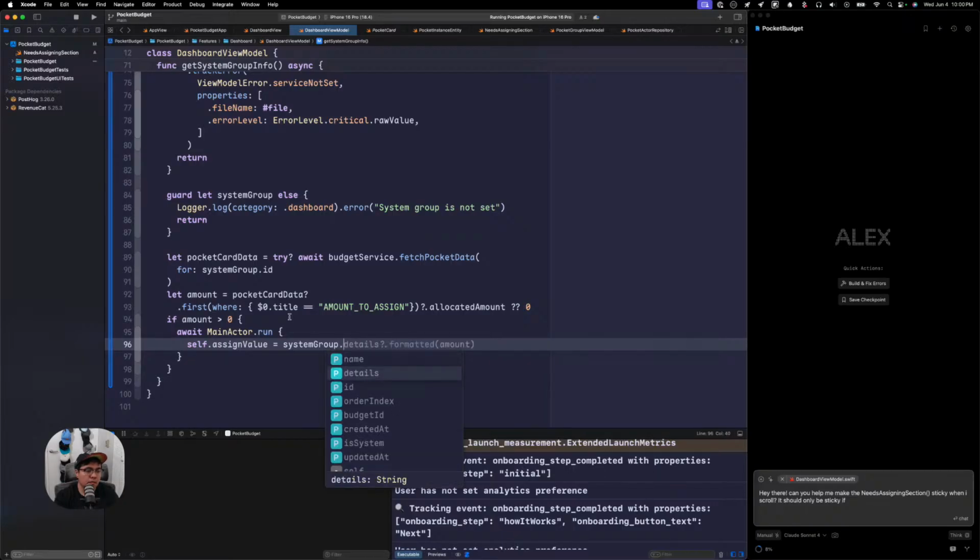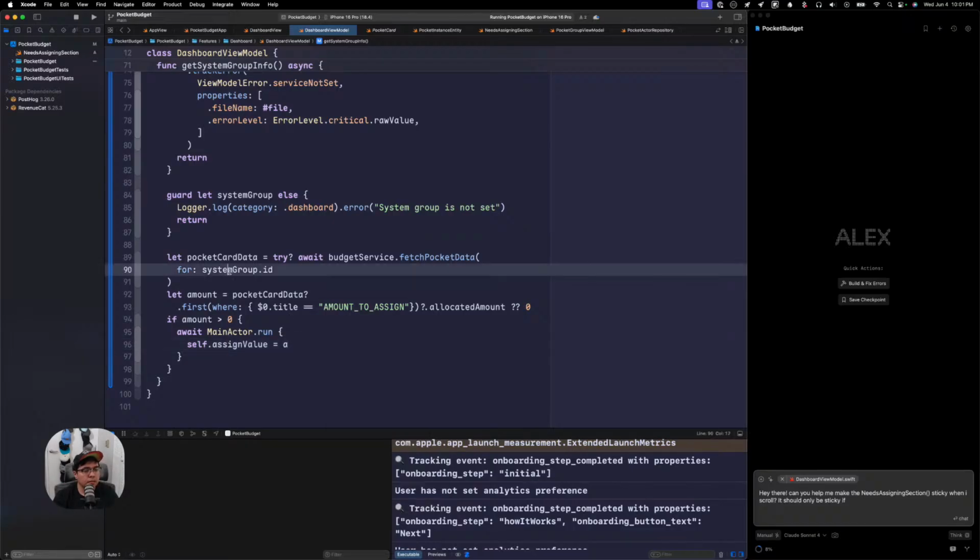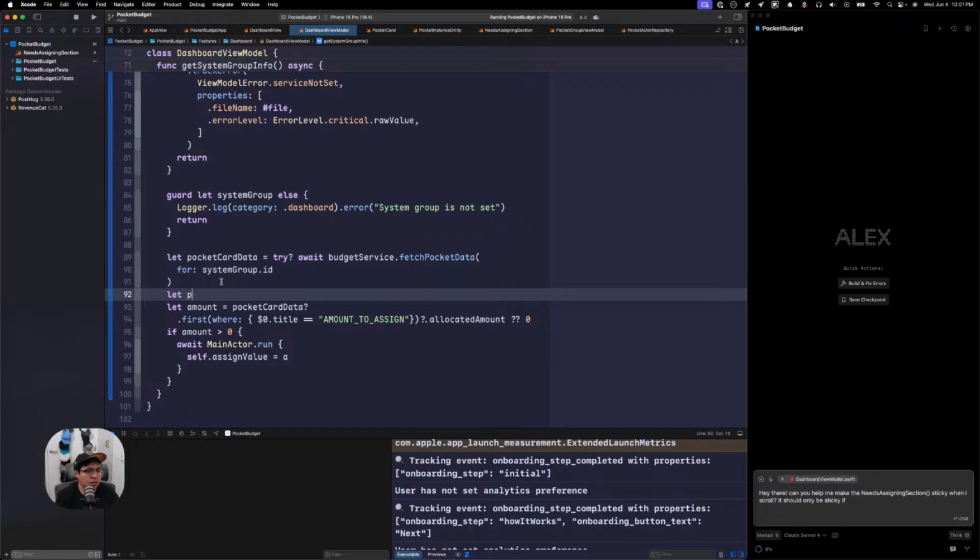Are you kidding me? Well, does amount have the currency equals amount? Okay, so actually, oh, Pocket Card data, right? No. So let